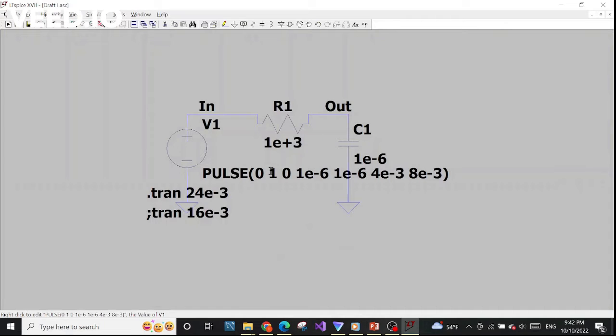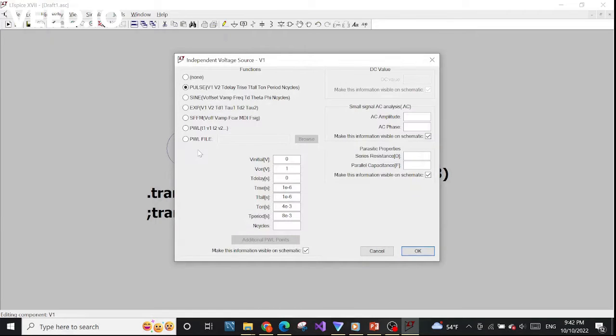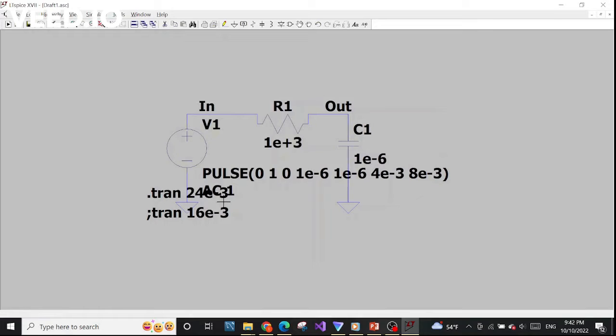Now we want to see the frequency response. For the frequency response, we have to add some information to our voltage input, which is the small signal AC. You need to have an AC amplitude, whatever. Just put 1, or 2 or 3, it doesn't matter. 1, and click OK. Now we have one more option here,